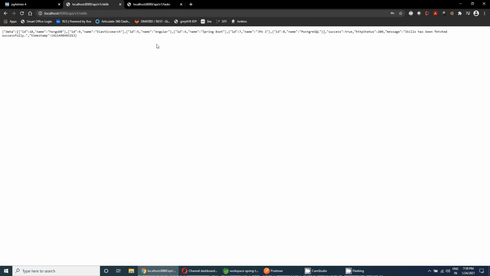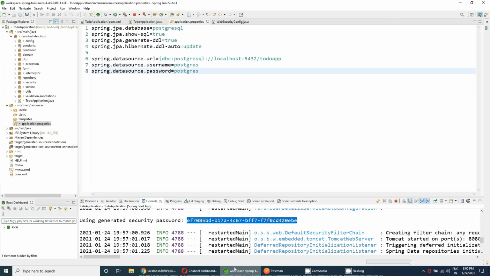if I want to provide a custom username and password instead of the Spring default password provided inside the console, what we need to do is provide two properties provided by Spring Security.